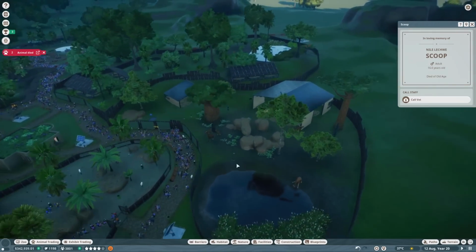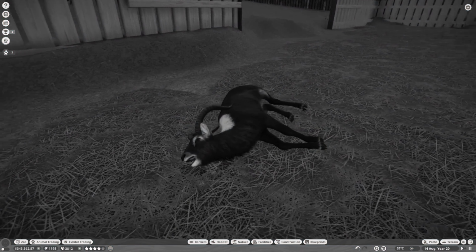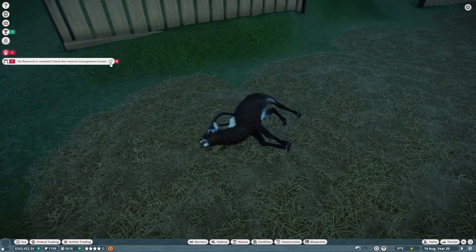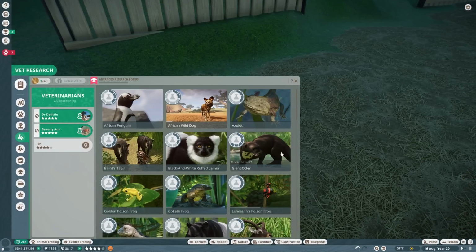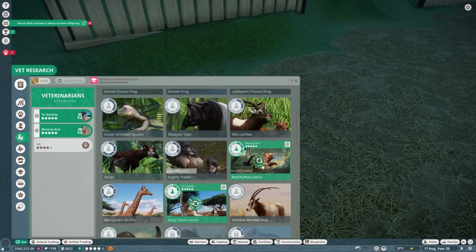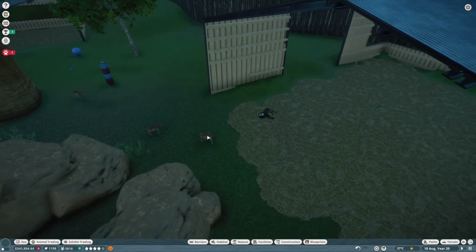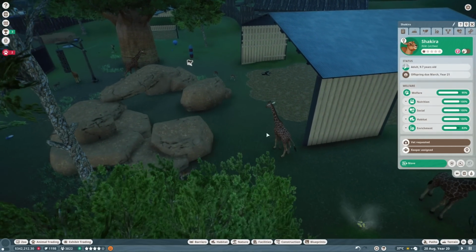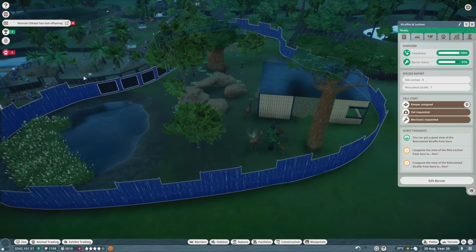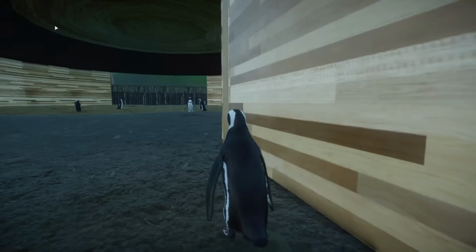Oh, an animal's died. Who's died? Scoop! Oh, Scoop. He served our zoo so well. He had so many babies. What a conservationist. He lived a happy little life. I'm going to leave them on the lemurs until they've done a bit more research. We're about to have offspring. I think that might be inbred offspring. I remember there being one of his children that was having babies, so that's not the best. Scoop died. No, low welfare. That's fine. Oh, we're about to have...